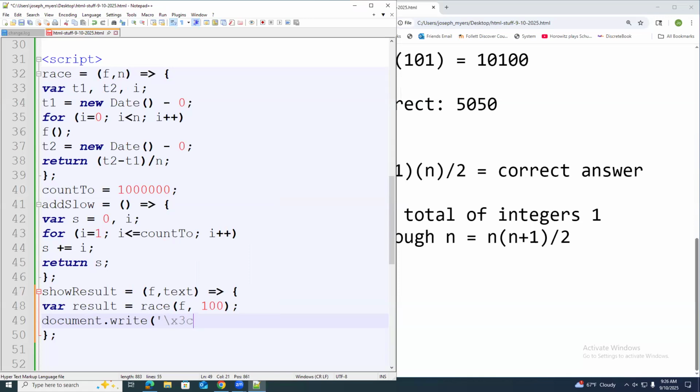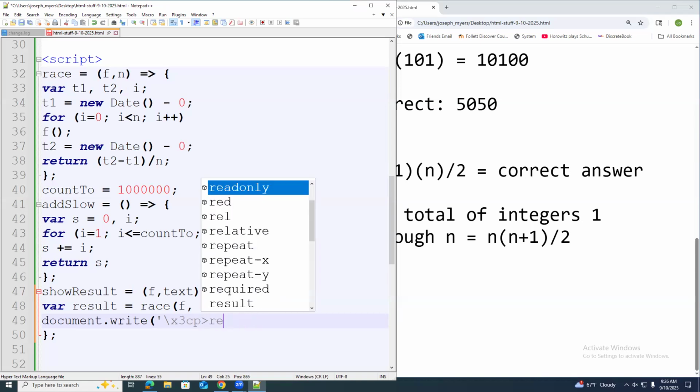That's called an escape sequence or a character code sequence. That represents the beginning of an HTML tag. You should use it, because you're not supposed to have the opening tag of an HTML element inside of a script. As the parser is parsing the HTML of the document, the script itself is not part of the HTML document. So if you have some tag opening up in the middle of the script, the HTML parser is going to think that is some new HTML element being opened up, and it's really not. So the x3c actually just means a less than sign. And then it's going to write the letter P, then a greater than sign, which doesn't need to be escaped.